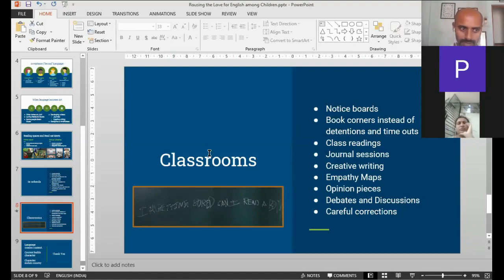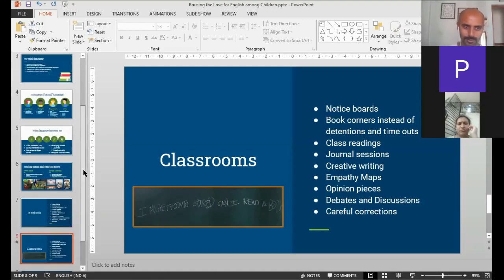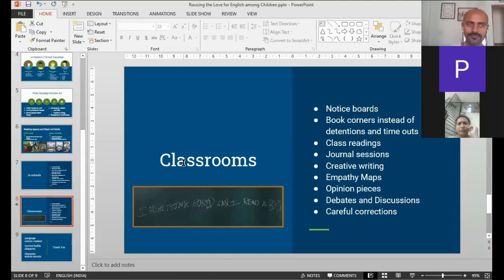Okay, so once all this is done, the core of all this is when language is inculcated or exposed to a child from a higher perspective. A higher perspective means when language is not just a tool, but a way of expression that works around the world and that can actually turn the world around. When you do it with that kind of an intention, it creates a very different effect, and then the child wants to learn. So you can see this example here.